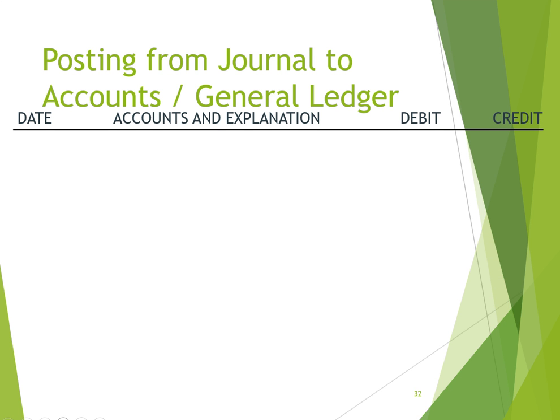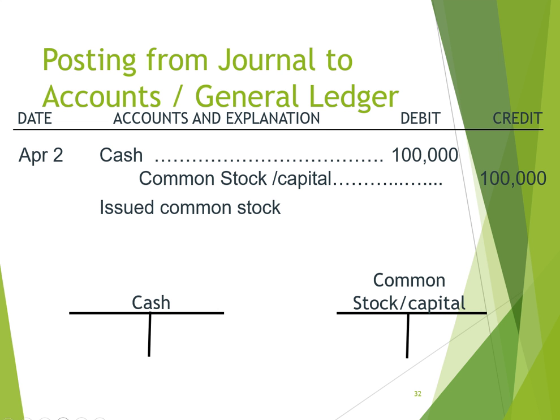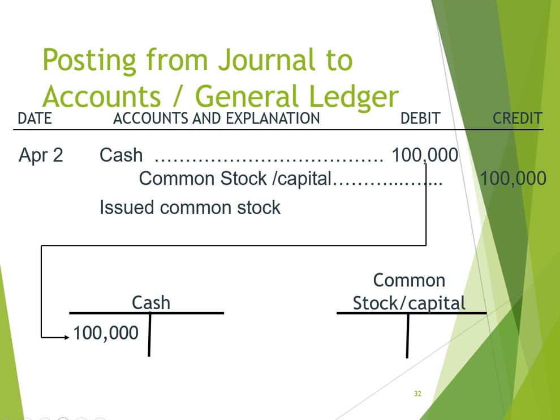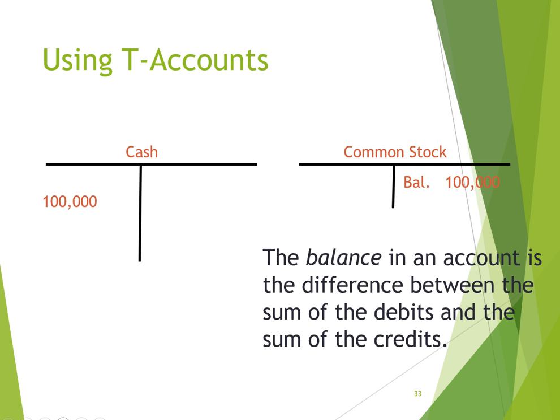How do you post it from the journal to the ledger? So you started with the cash. You simply put cash to capital, and then you issued common stock. So simple, you prepare two T accounts, cash and common stock or capital account. In cash, you will include it on the debit side, it is 1 lakh. On the credit side, it will go to the common stock or capital account, 1 lakh. Easy? Cool. Now next I will show you how to use these T accounts.